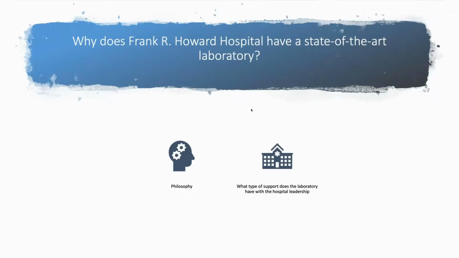So Arpad, tell me, the support that you've gotten from the hospital leadership, how is, you know, people focus on, hey, we're a 25-bed critical access hospital. Why should we have this degree of laboratory support? How have you answered that question, and how has the hospital leadership responded to that?